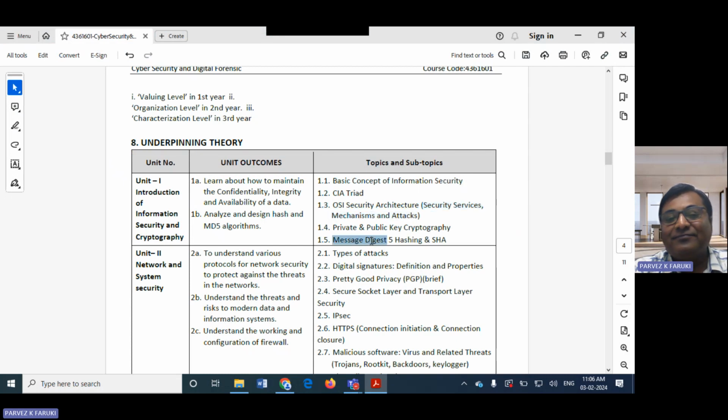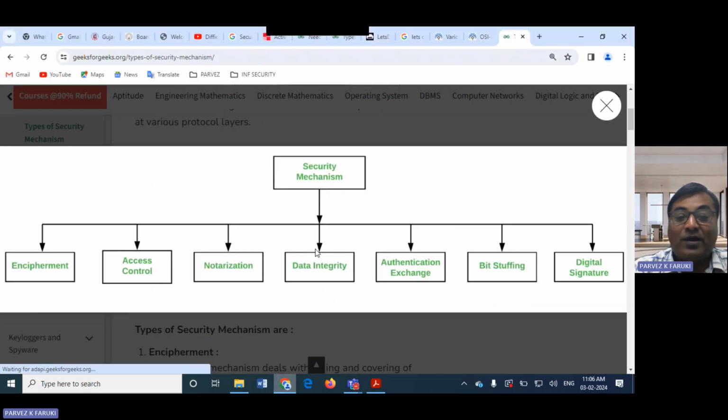If you see here, a message digest, a cryptographic hash. So remember, this is very important. Data integrity is a mechanism that ensures whatever arrives towards the client is legitimate and is exactly what was